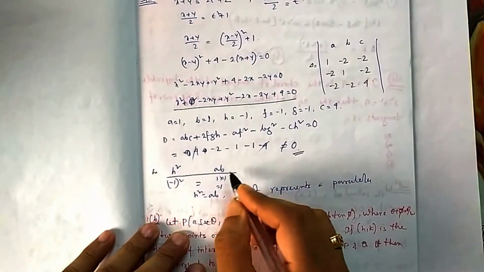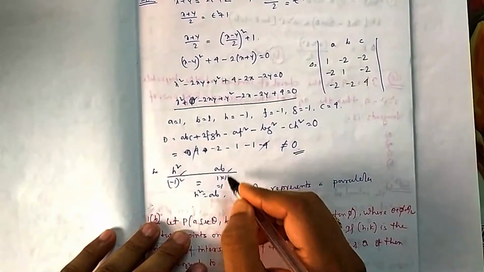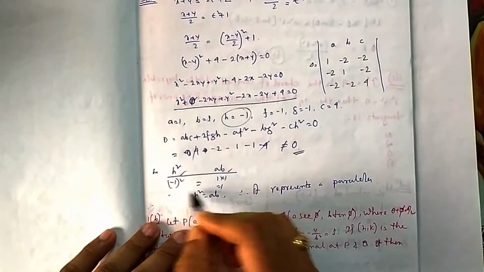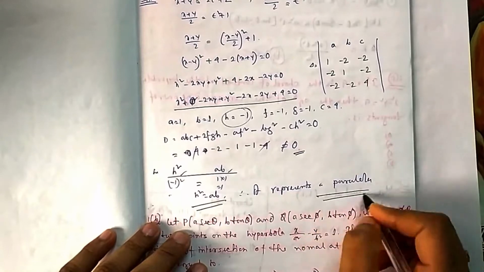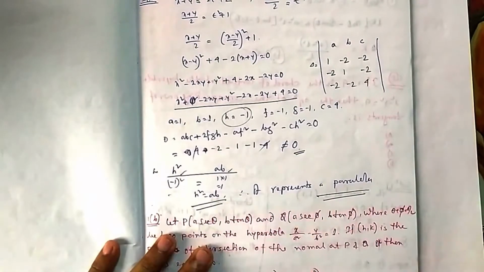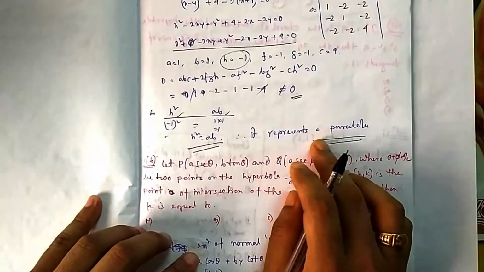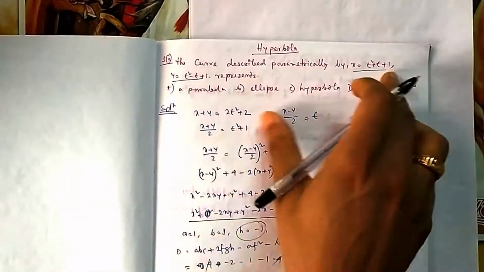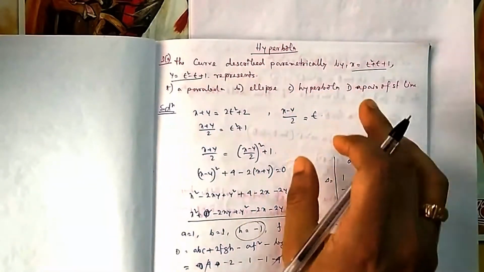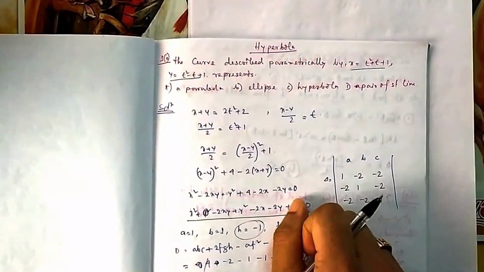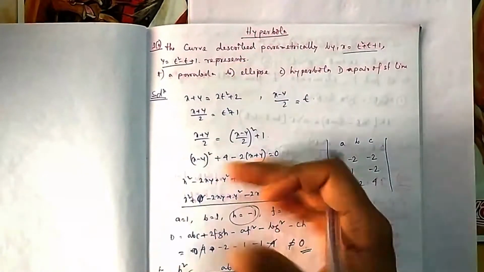For that, now h square equal to ab, you have to check h square and ab. h square is this one, ab is this one. Because both are equal, then obviously it will represent a parabola. So you saw the conditions of second order general degree conditions. On that basis, they came. So whenever this parametric form is given, your job is to eliminate the parametric parameter. You have to find the equation between x and y so that you have an idea of what is happening.